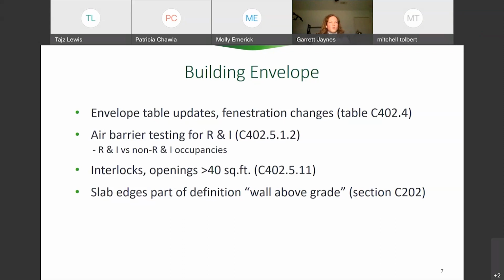Then another thing, 4.2.5.11, interlocks. This is now in code. This was previously a City of Austin amendment to the code, where basically if you've got an opening that's greater than 40 square feet, you have to integrate that into your HVAC controls so that if you have that open, your air conditioning in that zone turns off. That's a little bit different than how we had it written in our amendment previously, but it's accomplishing the same